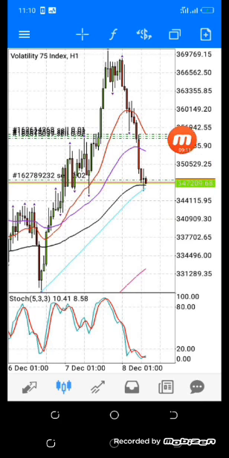All right, so this is the next chart, and if we take a close look at this chart, this is the 1 hour time frame. So you can see this bearish movements right here. You can see I placed so many sells here, and I used the same strategy to place so many sells. Why did I place all these sells? I placed these sells because you see, as this very candle here started dropping down,